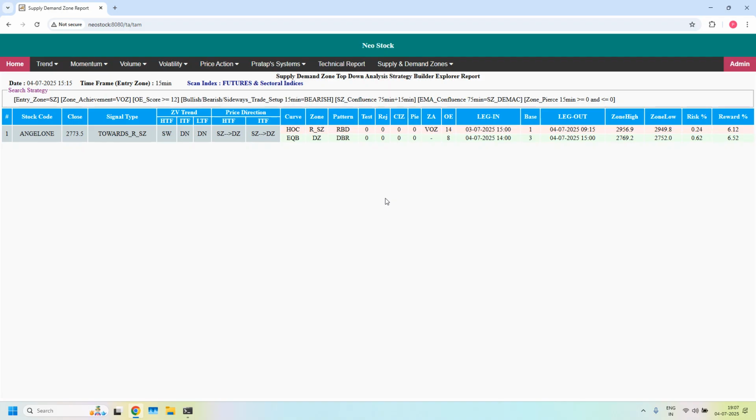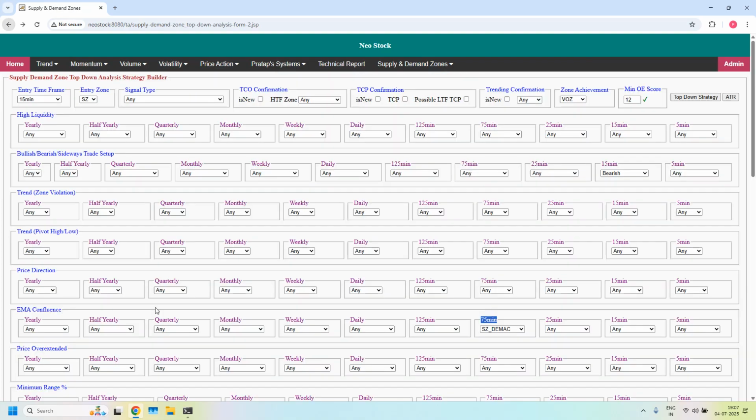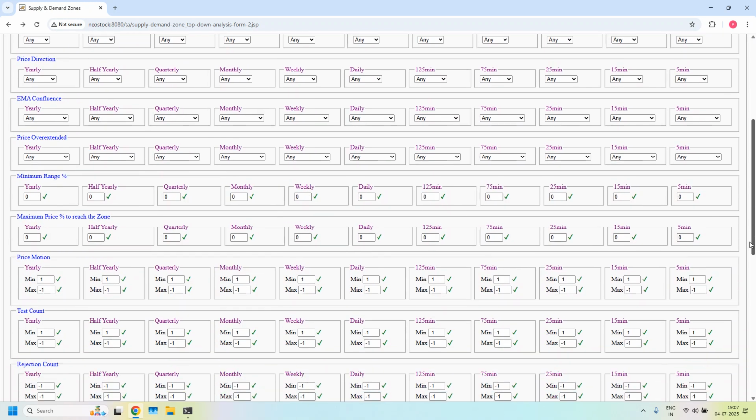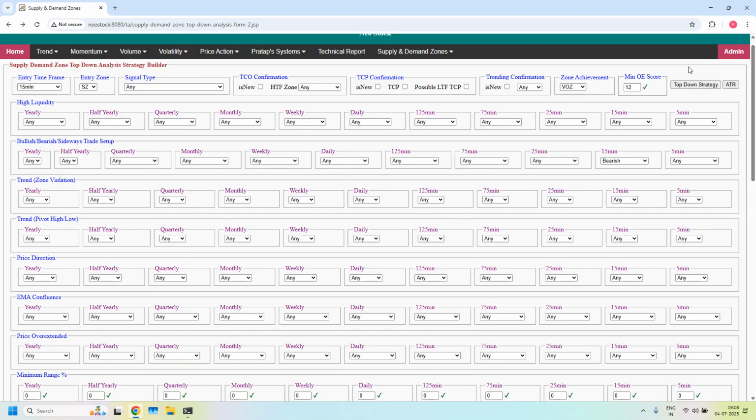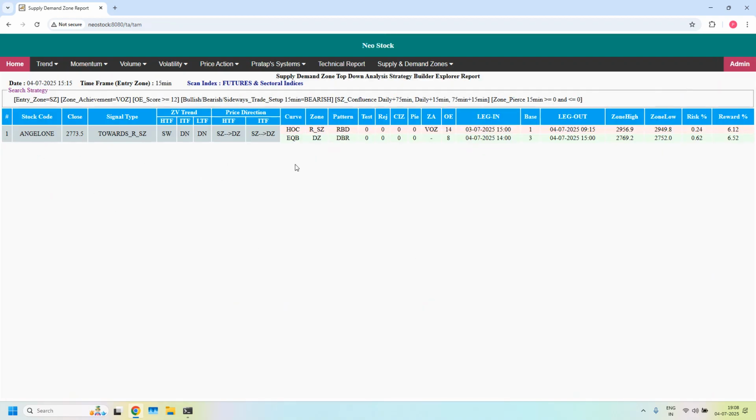Okay, apart from that, we will also further verify based on LTF, ITF and even HTF supply zone Confluence support. Removing EMA filter. In the supply zone Confluence, 3 filters I am setting. First filter is already enabled here. Second filter 15 minutes and daily supply zone Confluence, and 75 minutes and daily supply zone Confluence. With all the 3 filters, again we got the same stock. That means this 15 minute supply zone overlapped with 75 minute supply zone. Both together again overlapped with